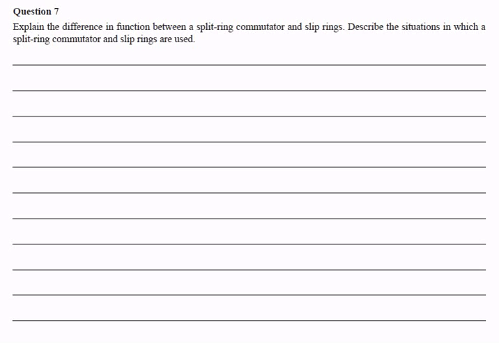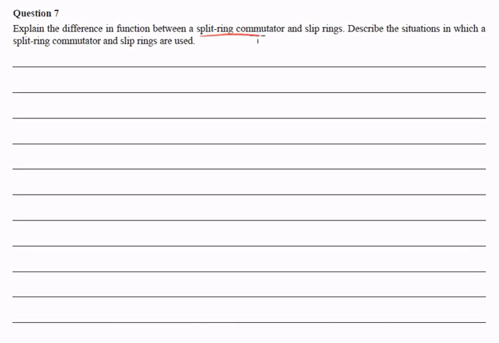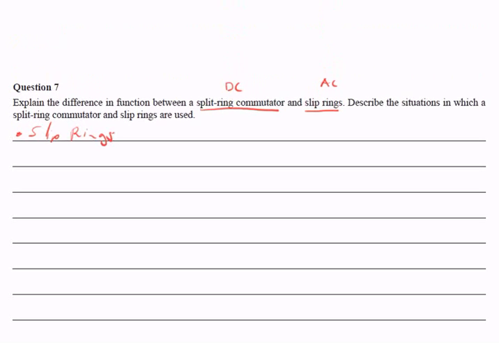Next one, explain the difference between and function between split ring commutator and slip rings. That sounds very similar, slip rings and split ring commutator, but they're two different things. And when they're used in generating electricity, the slip rings are used for AC and the split ring commutator is used for DC. Describe situations in which these two are used. So we'll start off with the slip rings. So what I want to describe for each of these is how they work,